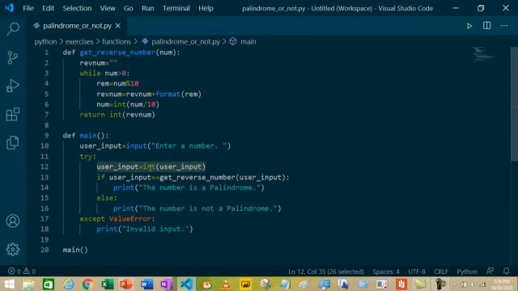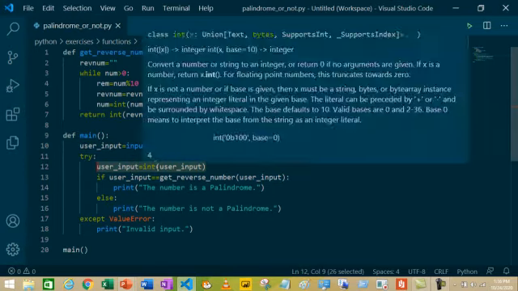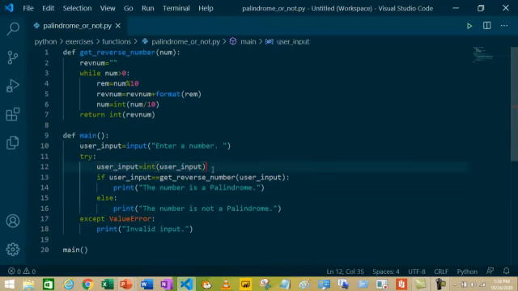User input equals int of user input. While taking the input from the input function, it will take the input as a string data type by default. So we are converting the string data type into an integer data type. In another case, let's assume that the user has given the input ABC.